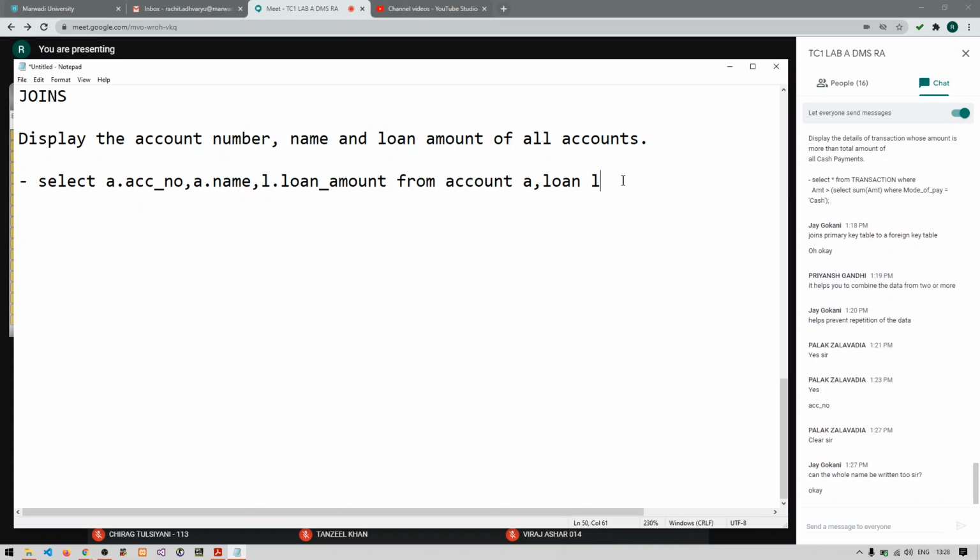Default condition means comparison of common columns of the tables using the equal to operator, and this should be there in each and every join query. If you have any other condition, you can put it using the and or operator, but this default condition should be there in the join query. Clear, guys?